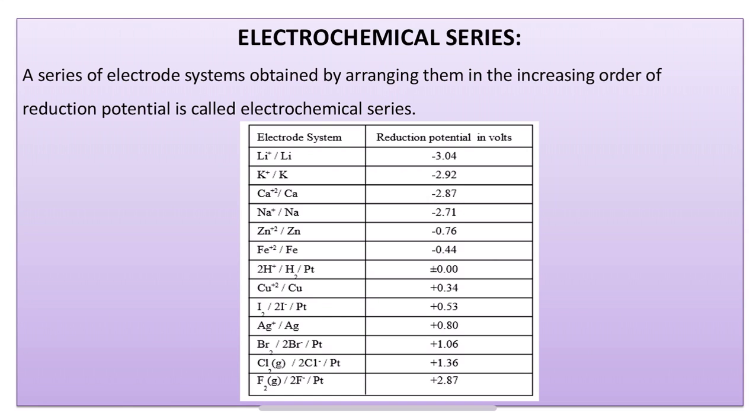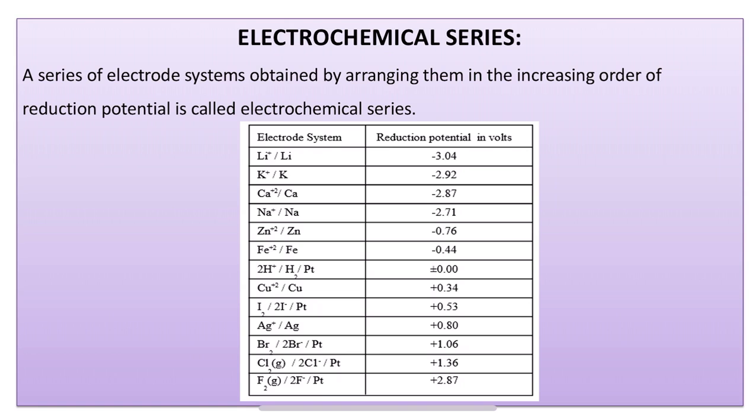And how are we going to minimize this liquid junction potential? By connecting the two electrodes with the help of a salt bridge which contains a salt with ions having the same velocities, so we can reduce the potential at this junction. And next we also learnt how to prepare this salt bridge, right? So this is where we stopped in our previous class, and in this session, let us move further